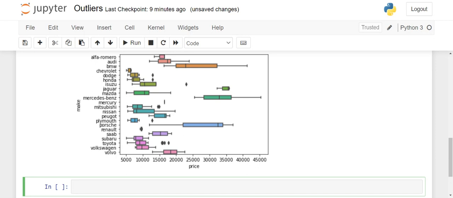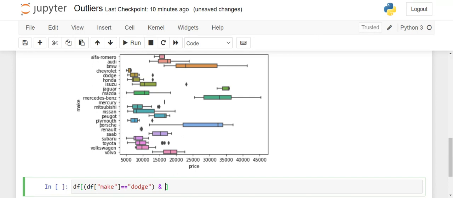So what we do is we find the row which has the outlier by the given code: df, then df make equals, let's do it for Dodge because that's the first one, equals Dodge, and we'll use the comparison operator and the and operator.